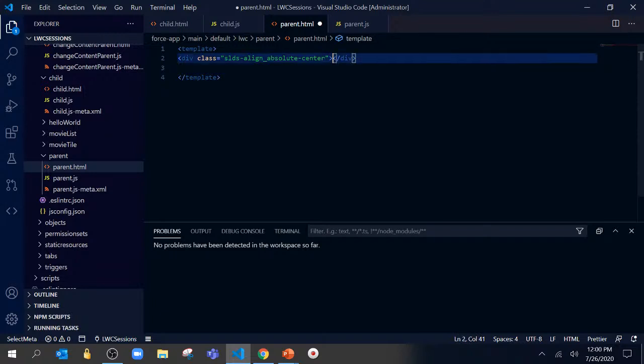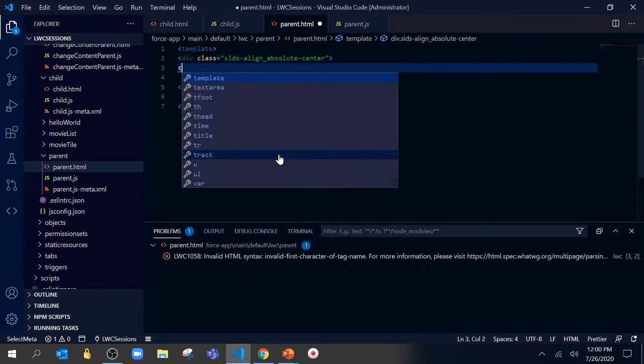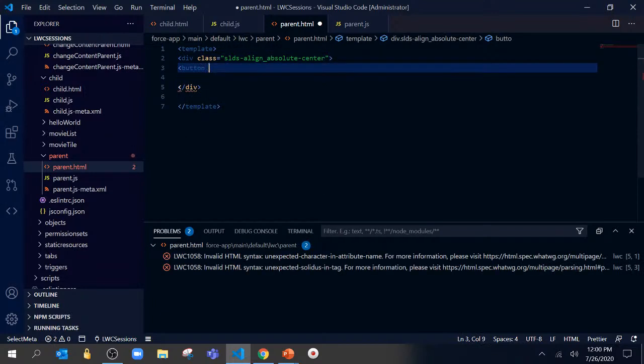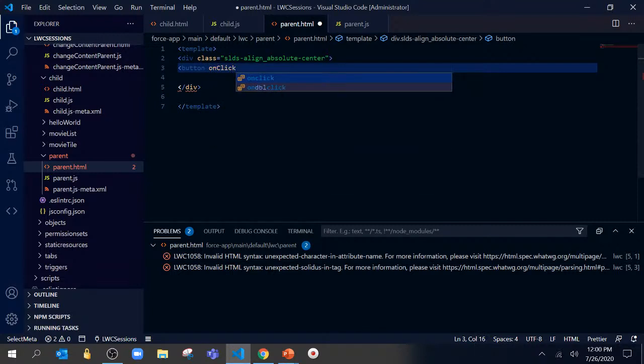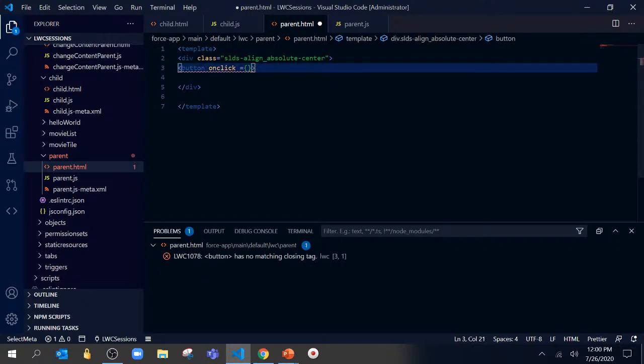So I create a div, and inside it I will be putting the button. You can simply use the button, or you can use the lightning button having its own style. On click, we will be bringing something. We will be using it. Turn on this light,